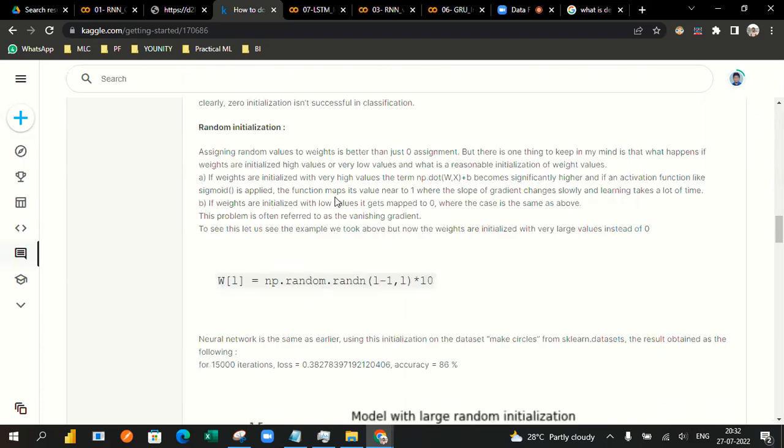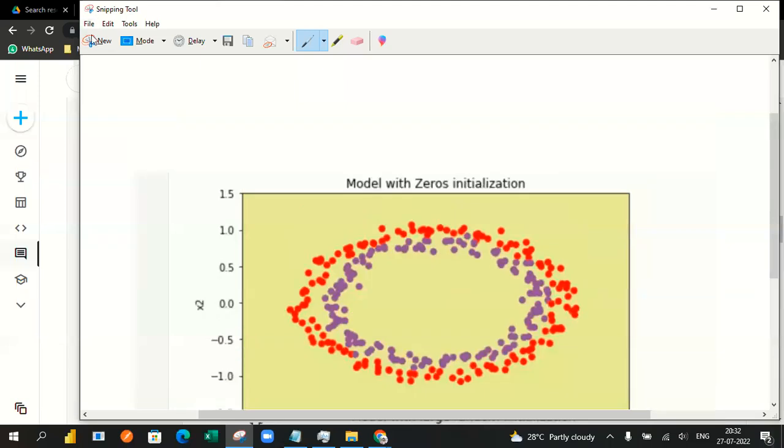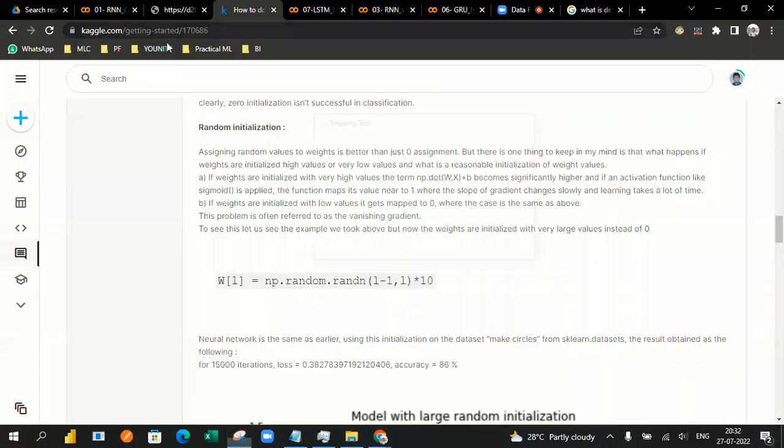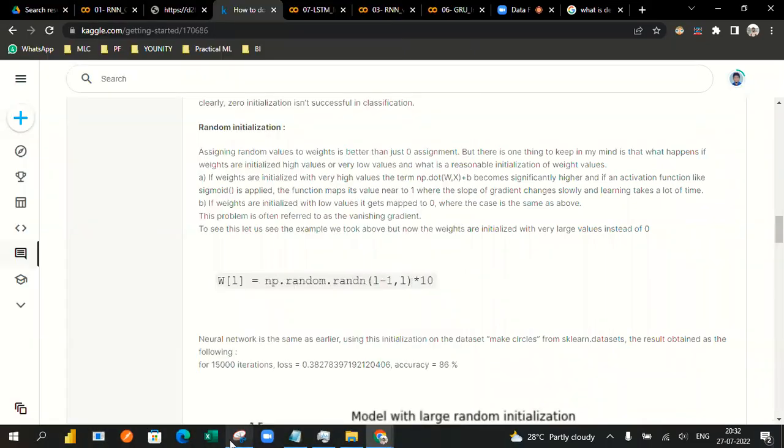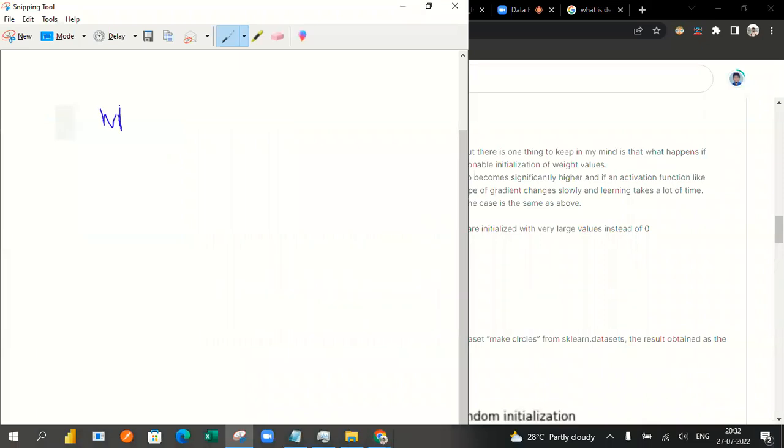If you take another kind, random initialization, instead of taking only zero initialization, random means we are going to get any number maybe. Suppose I ran this cell, suppose you have this cell, right? So I ran this cell with np.random. At the time I may get around 2, maybe randomly I'm taking some value. So w1 is equal